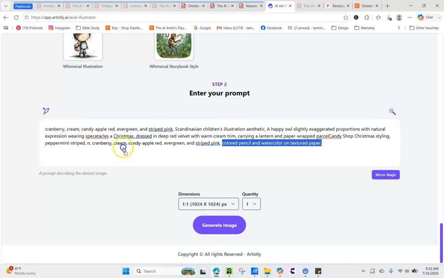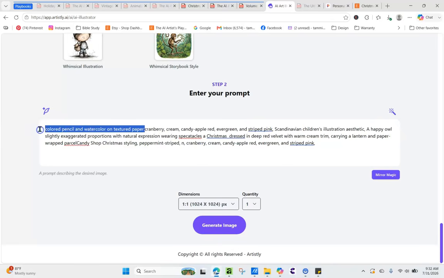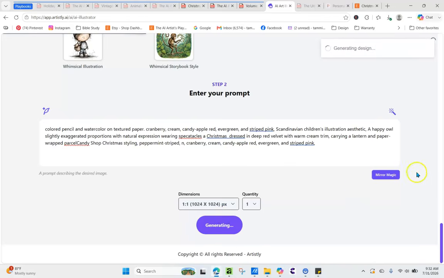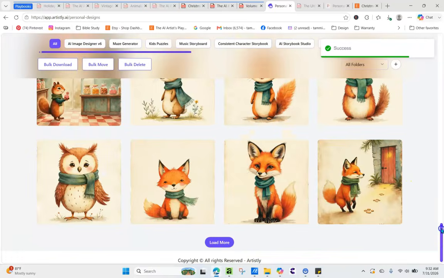and I think we've kind of gotten away from the watercolor. So I took the watercolor out somewhere. Where's it supposed to be? Watercolor. I wanted watercolor in there. So, oh, there it is. Pencil and watercolor on texture paper. There it is. Okay, let's put that at the beginning